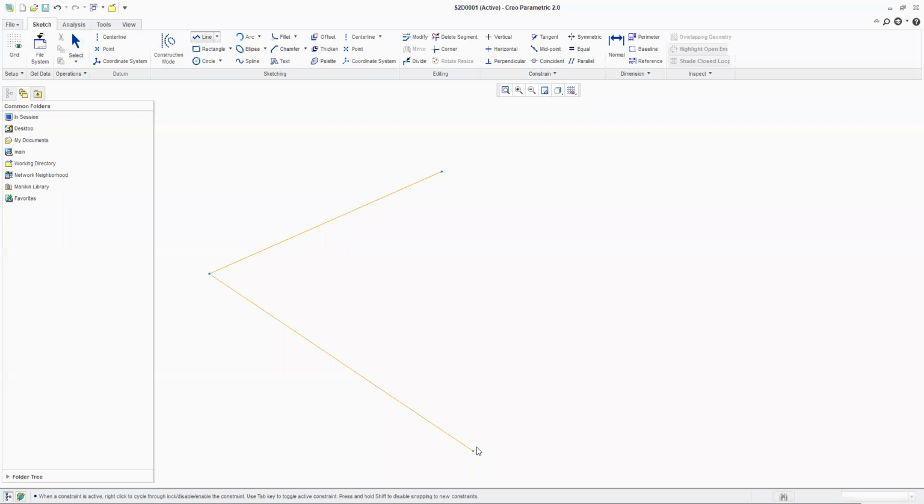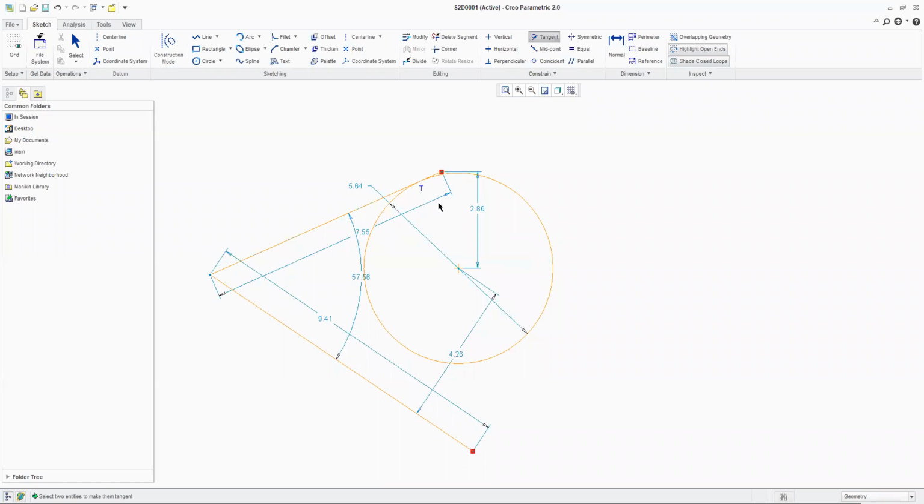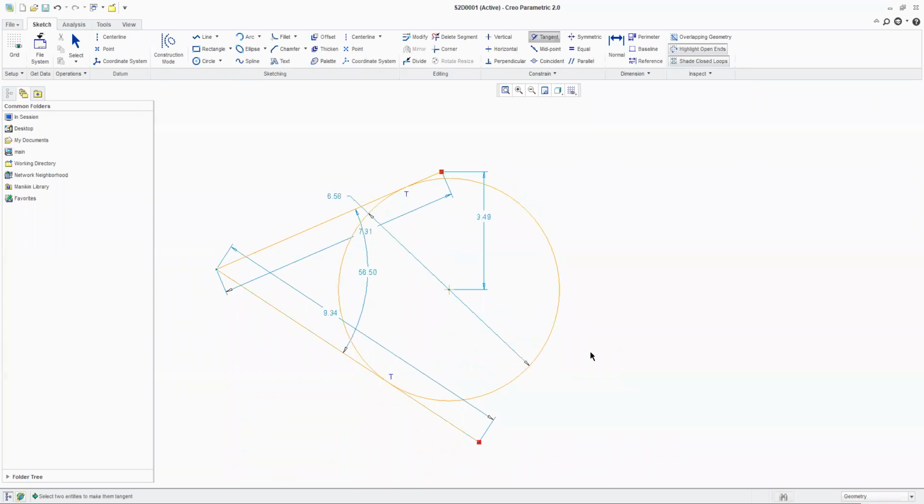Let's try to draw a line. Let's prepare one circle. Tangent. This object needs to be tangent with respect to this circle. So I clicked on this object, and with respect to this circle, I am clicking next. You will notice that now my circle has been made tangent to this object. The command is still active, so I can click on this line. This line needs to be tangent, so I clicked on it, with respect to this circle. So next, I am clicking on this circle. It's made tangent. Okay, simple.